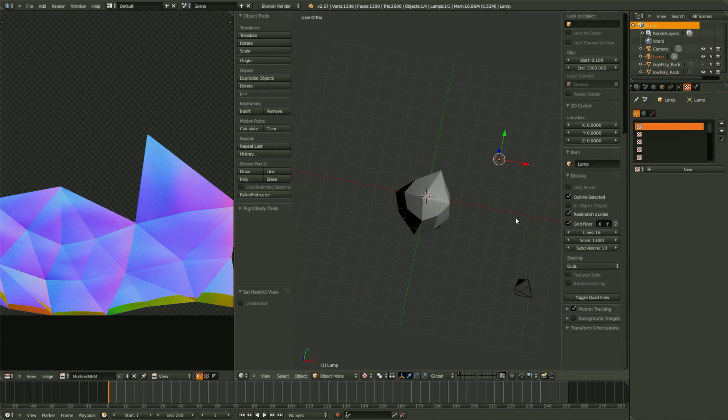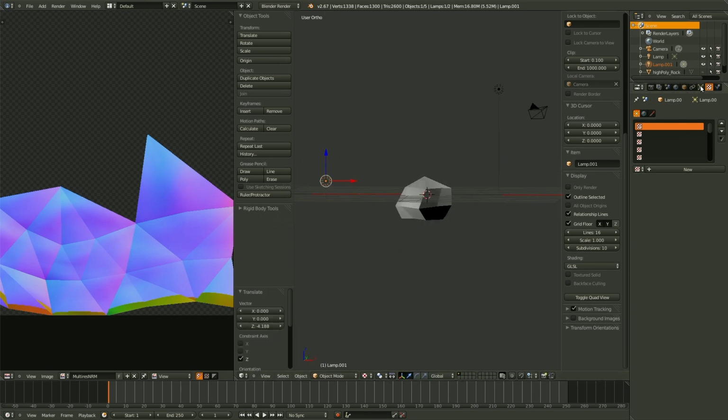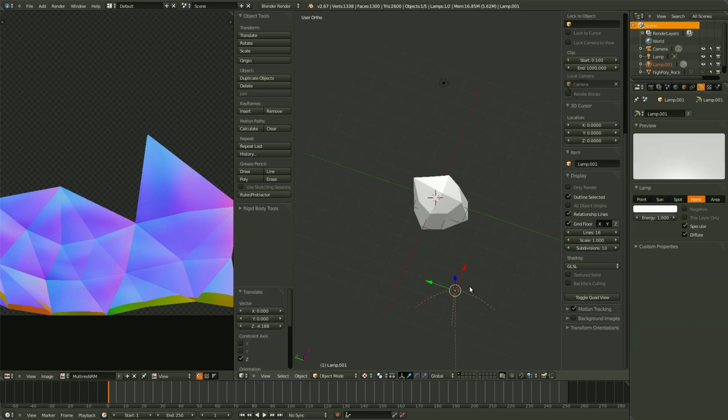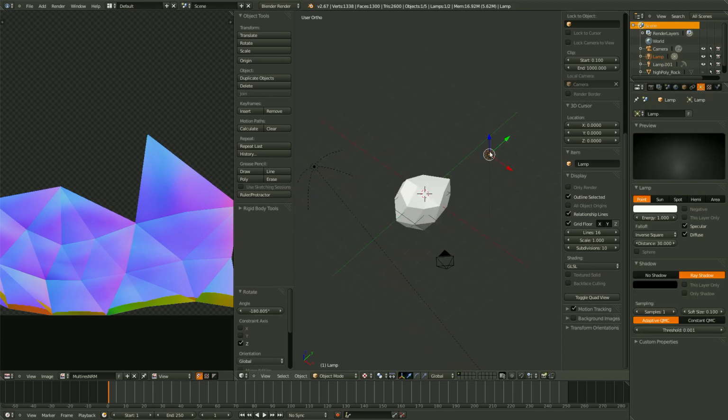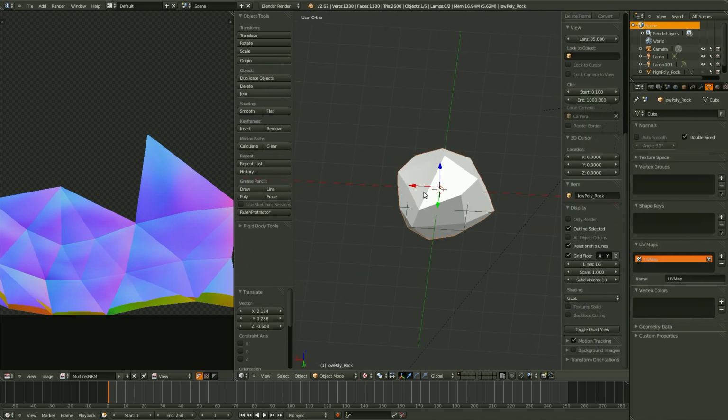Now with this current lighting, it's not going to be very easy to see. So let's duplicate that light and maybe bring it down. I don't know, something like that. And I'm just going to bring in a Hemi lamp because I like Hemi lamps. Okay. So now that we can see all of the edges and sides of our rock here,